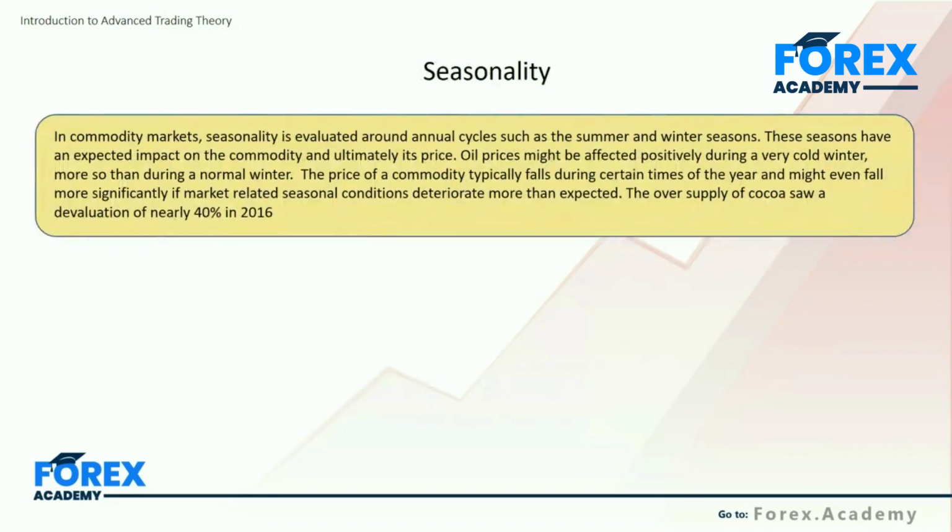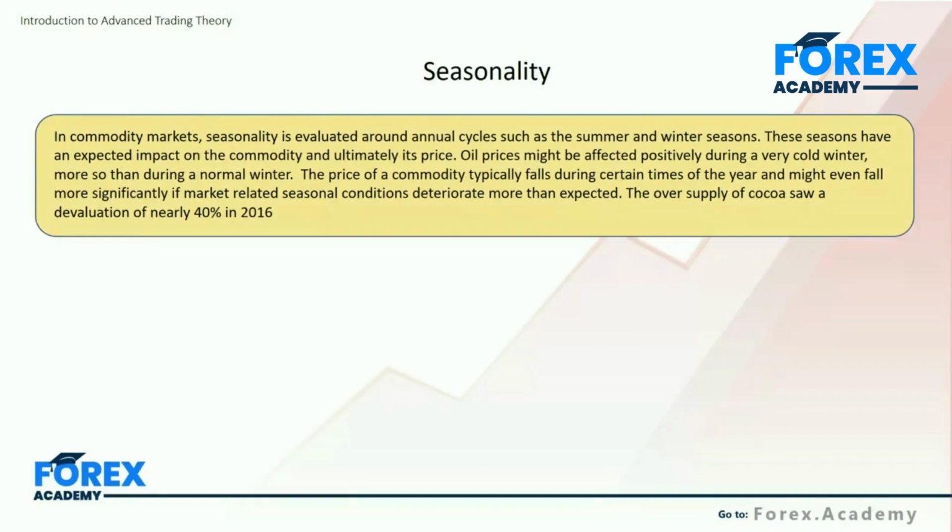Let's take a further discussion on seasonality and look at the commodity markets. In commodity markets, seasonality is usually evaluated around annual cycles, such as the summer and winter seasons. These seasons have an expected impact on the commodity and ultimately its price. For example, oil prices might be affected positively during a very cold winter, more so than during a normal winter. If we're looking at the price of another commodity, we might realize that the price of the commodity typically falls during certain times of the year, and perhaps might even fall further or more significantly if a market-related seasonal condition